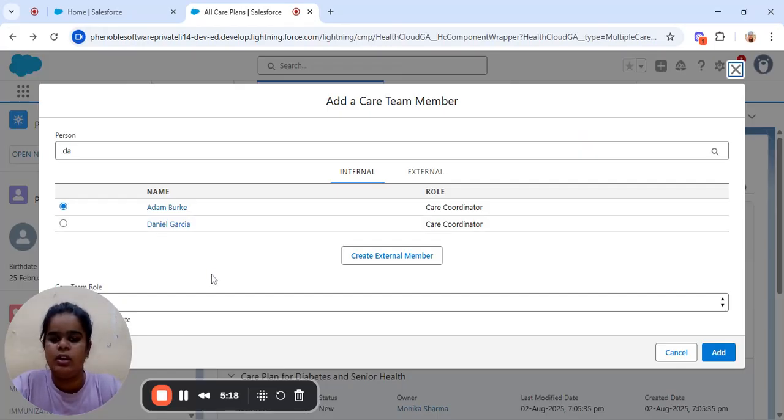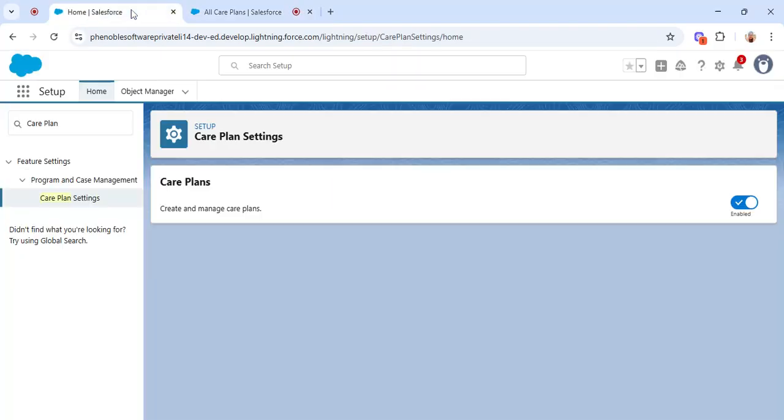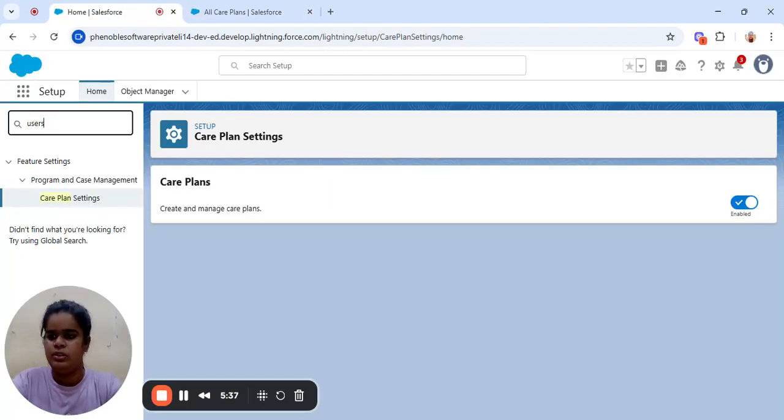The list is here, so you can add a care team member for the patient's care, like a care coordinator. In this example I have seen only a care coordinator here, but you can also see a cardiologist, or let me just show you.